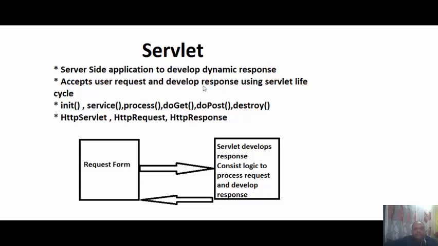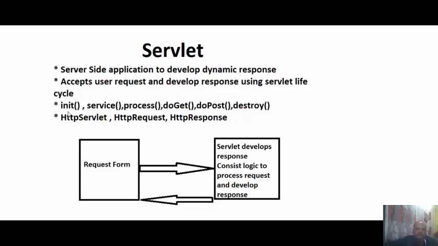The servlet will reside in the servlet container. Whenever you add a servlet in your Java application, it has to be added to the servlet container, and once the servlet has started, it has to go through the various phases of the life cycle.